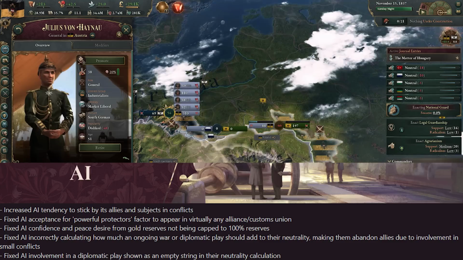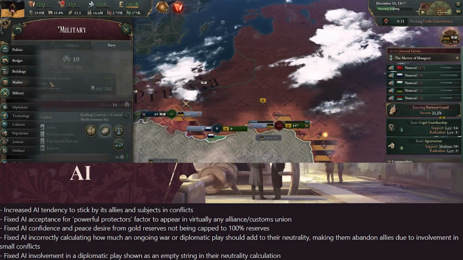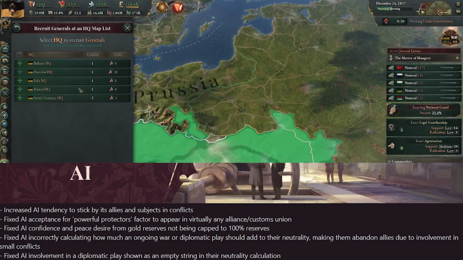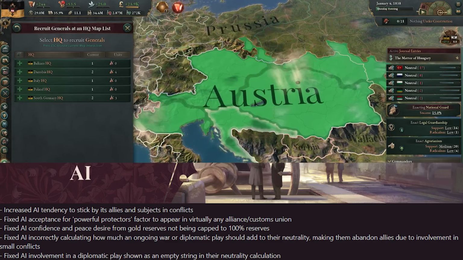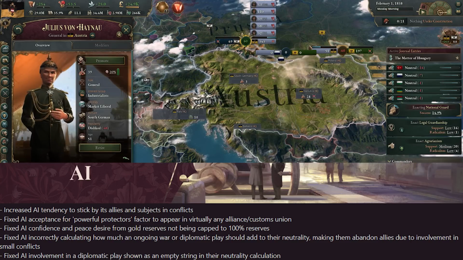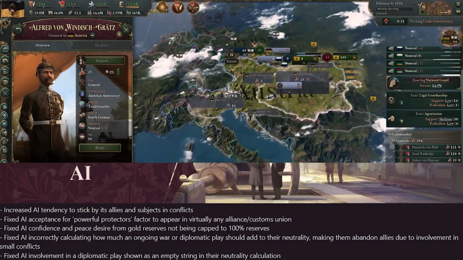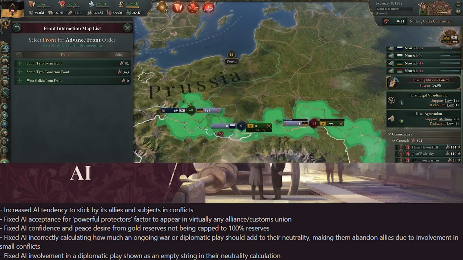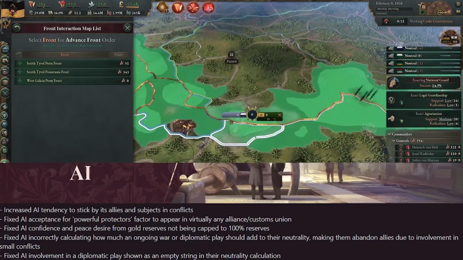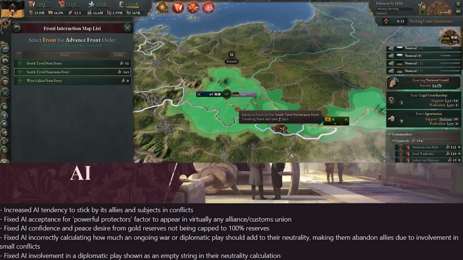It's a bug fix, but of course it matters, because you might have had an AI ally who just randomly left to go and fight some colonial war of insignificance while you were busting your backside on the Austrian front line, for example. The final fix was the involvement in a diplomatic play, shown as an empty string in their neutrality calculation. So some difficulties going on at the back end that have been fixed to hopefully make the AI's